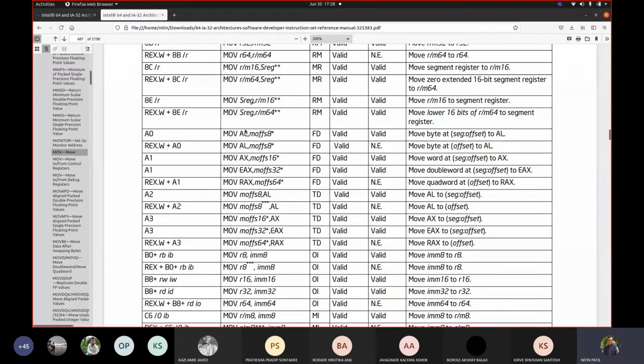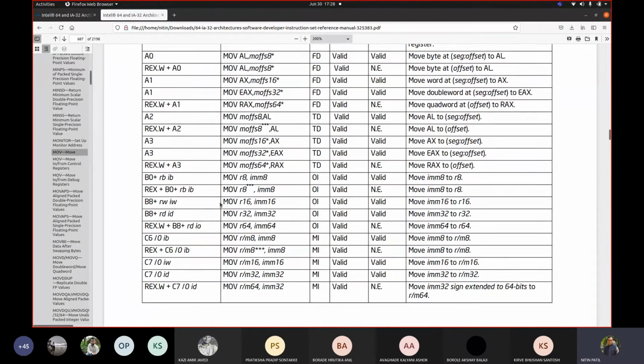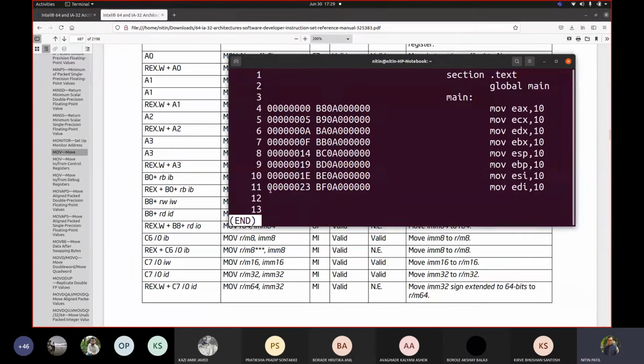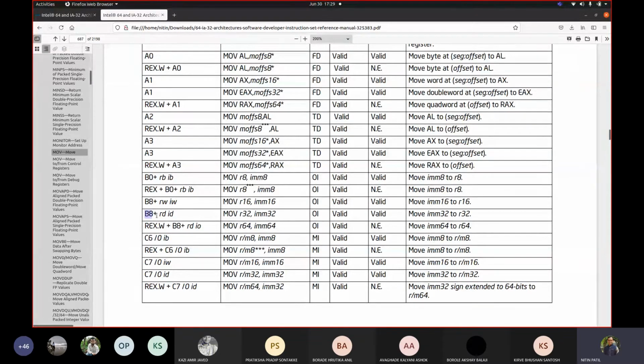So let us see this one. Move R32. This R32, R16 and R8 are telling us R8 is 8-bit register, 16-bit register and 32-bit register. Immediate 32-bit data, 16-bit data and 8-bit data. Immediate value, because the instruction that we took was move EX, comma immediate value 10. Correct. Now if I see this, what it said in B8, add this RD, and this RD tells me register